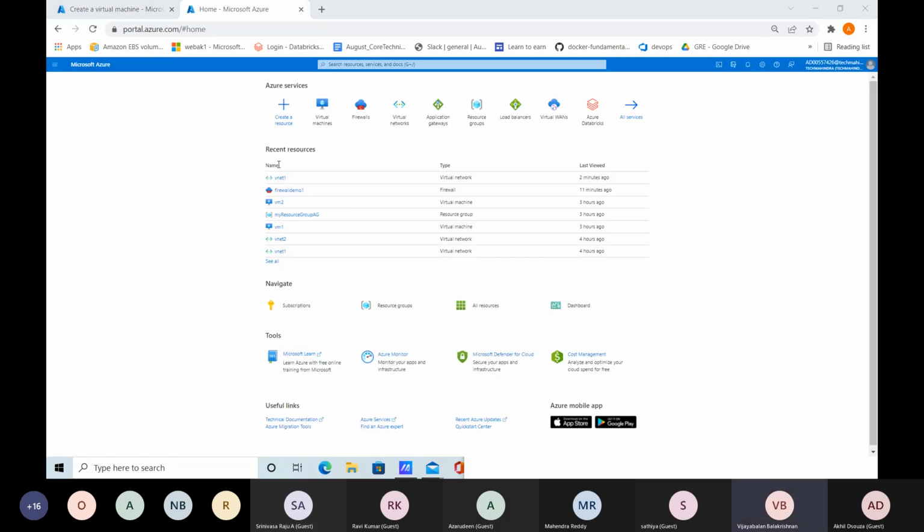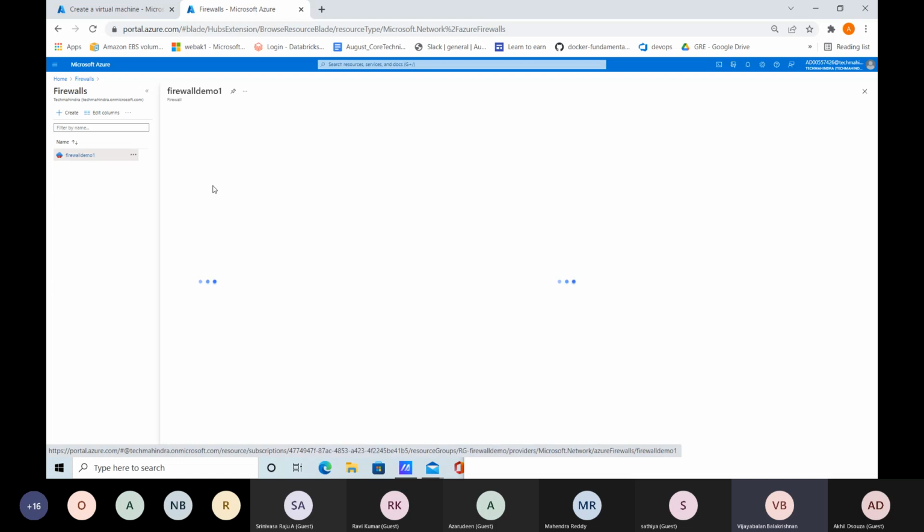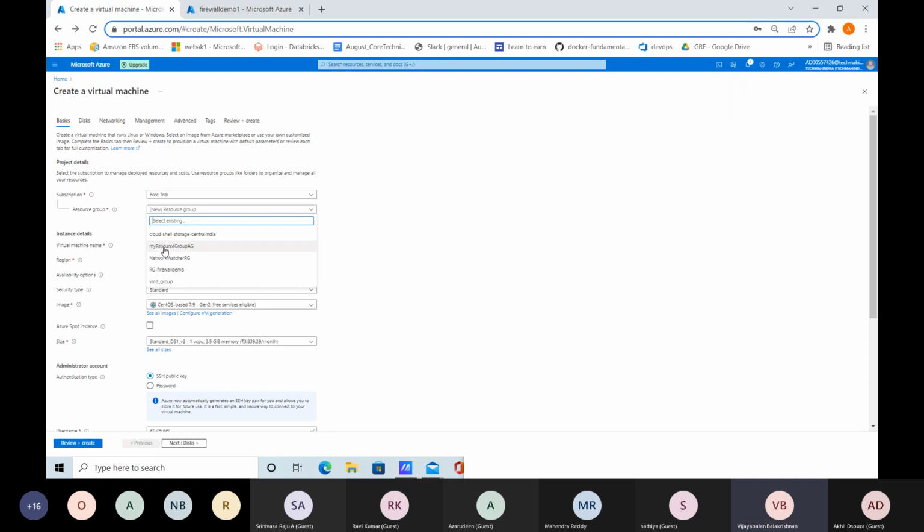Okay, open your firewalls, click firewalls and open that firewall. So firewall demo 1, correct? Yeah. Okay, so there is a VNet 1, RG firewall demo. Can you go to your virtual machine now, the first tab? Can you select that RG firewall demo? I'll just have to create.